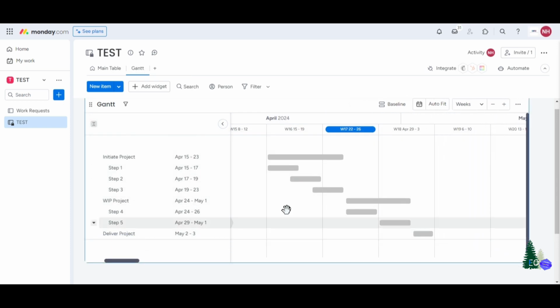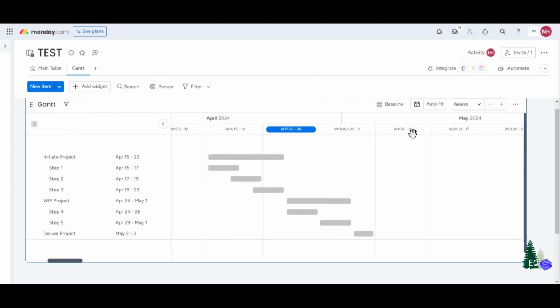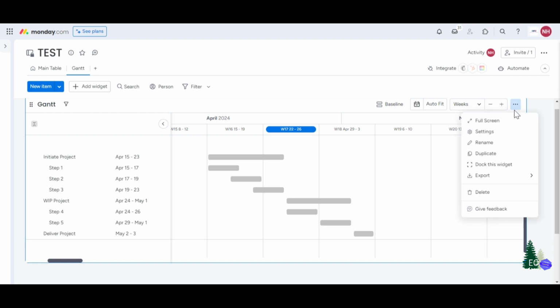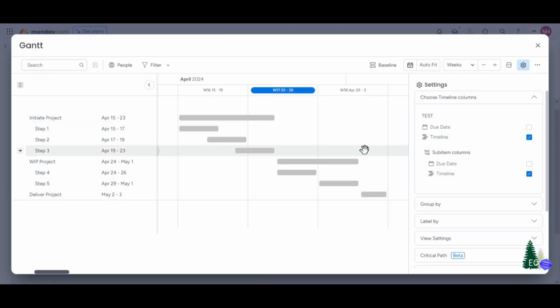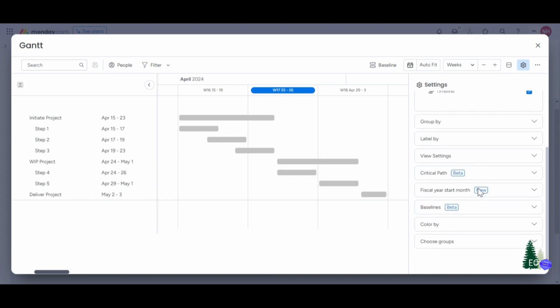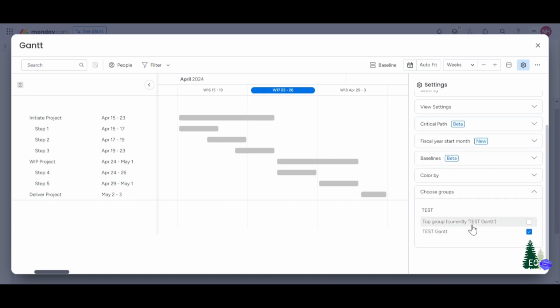So as you can see, this kind of just populates on its own, but there are a lot of different ways that we can adjust the settings here to make sure that it fits however you would like to view the information and provide a little bit more functionality and make this a little bit more of a visual. So you'll come up to the top in this widget, select settings, and we'll first make sure, as you can see, all the